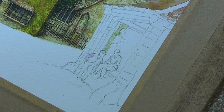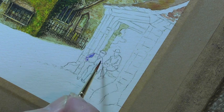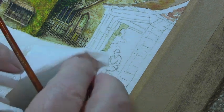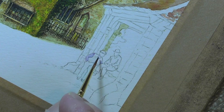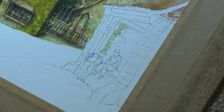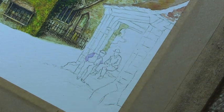This is just a touch. It's still wet, you see. And do the same thing again. And what you're left with is just a little touch more blue. There, isn't that pretty? Now we leave that alone. We can't do any more to that at the moment until we continue with the